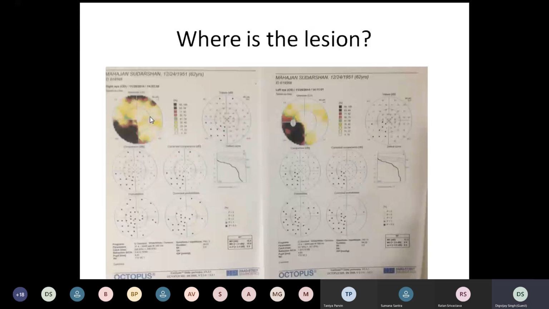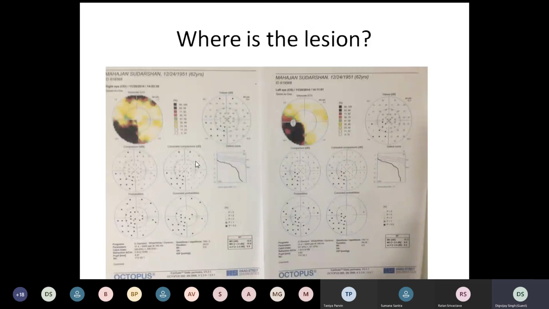You can see both these sides. In the right eye, there is an inferior nasal field defect. In the left eye, there is an inferior temporal field defect. Looking at the grayscale, in the Debye curve, you can see both of them fall sharply below. They don't go till the end.